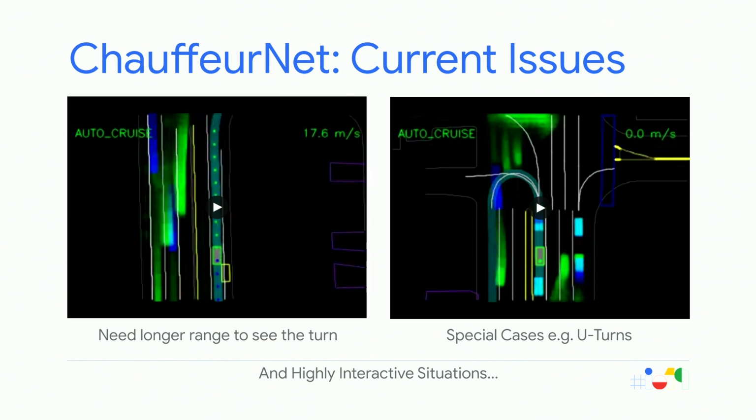Before we wrap up, I'd like to showcase some of the current issues with the net. The very first issue that we see has to do with the way we have represented the input. So our input is a fixed 80 by 80 meter representation, and that basically removes a lot of possibilities in terms of what the agent can see. So in the first video I'll show here, the agent is approaching a turn on a fast-moving road, but because it can't see the turn soon enough, it's not able to execute that turn.